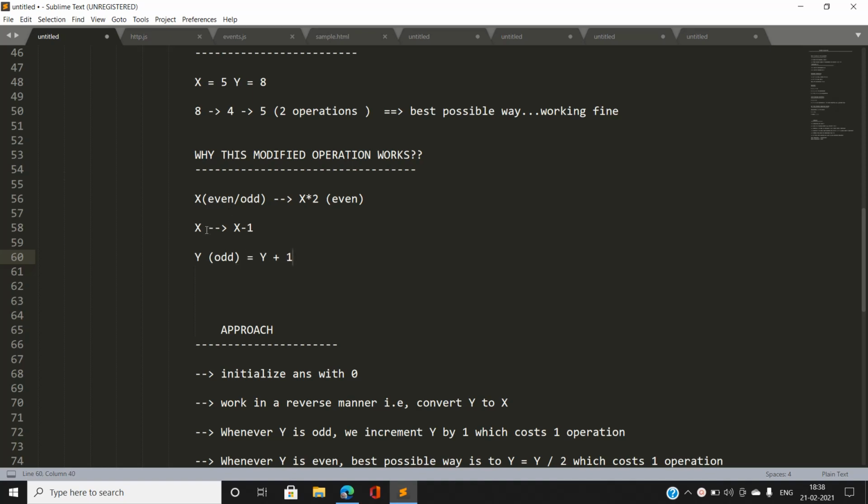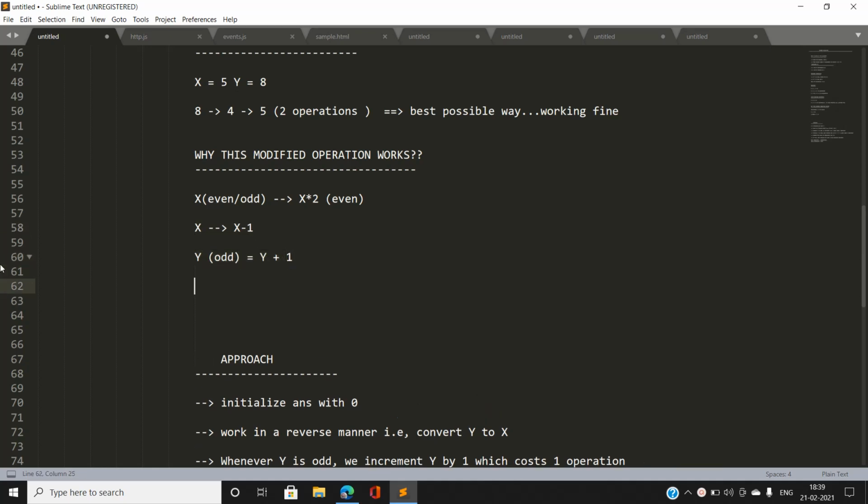Why am I going to do this? Why, if y is going to be odd? Note that in case of x I am going to decrement x by 1, and if x is going to be even, then it is only obtained by this operation. Okay, or we can also say it can be obtained by this operation, but if y is going to be odd, the reverse of this operation is exactly this operation. So I am going to do this operation. If y is odd, I am going to increment y by y plus 1,